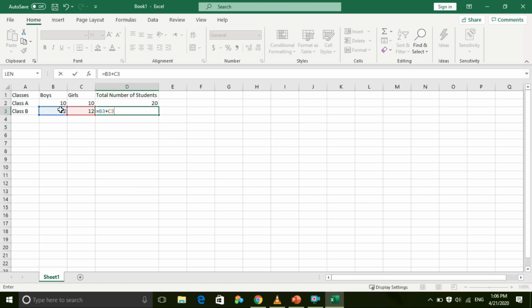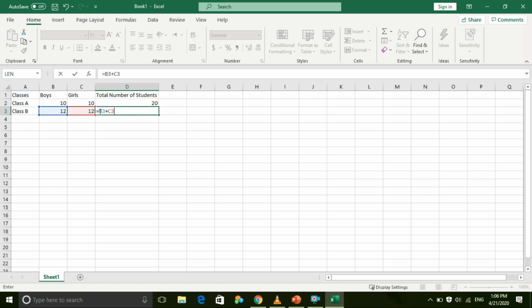So we got the formula and it is being selected. We want to find the sum of boys and girls, that is the total number of students in class B. So we have to add number of boys plus number of girls. So here B3, check the cell names, and C3.